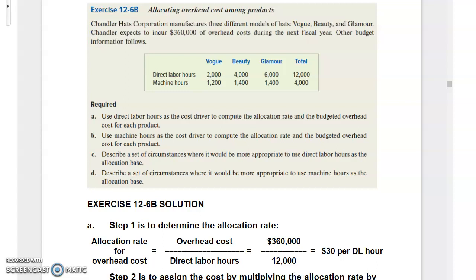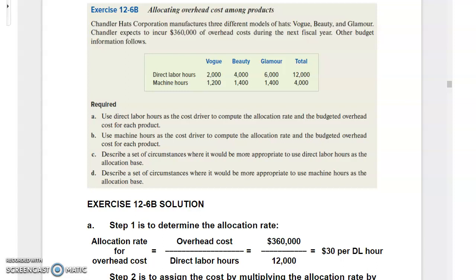This exercise has 3 different products. They've given you the number of units for each product. They've given you the total overhead costs of $360,000. And then they ask you to determine the predetermined overhead rate based on 2 different cost drivers. The first one is